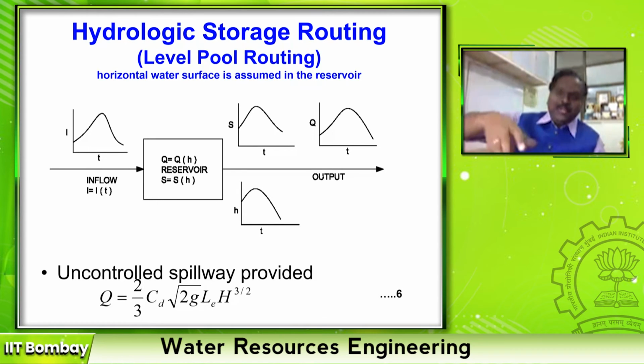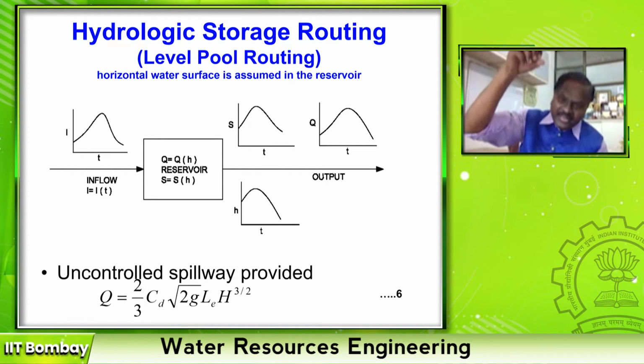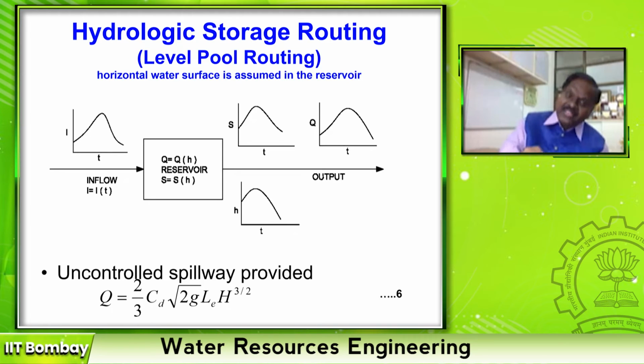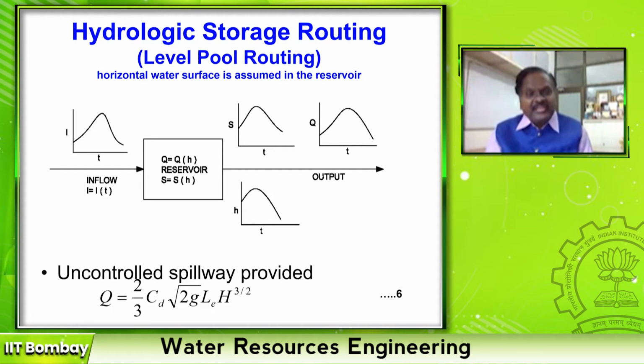Okay, let me give an example. Suppose you are opening water into a bucket. When the bucket is empty, whatever the discharge you open, it gets accommodated. Once it is at brim level, the inflow remains the same, but when the bucket starts overflowing, you feel that the discharge overflowing from the bucket is more than the water coming from the tap, because it is not only the water coming in that overflows, the stored water also sometimes gets overflowed. So that's why we feel that flood discharge is enormous.